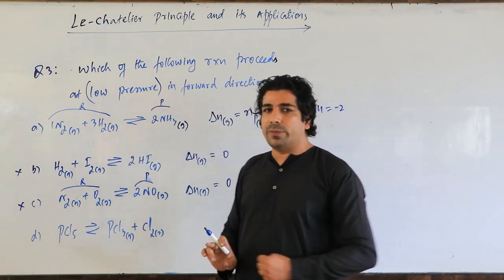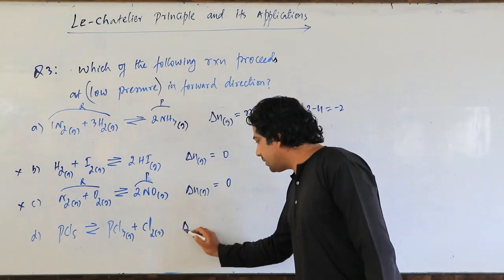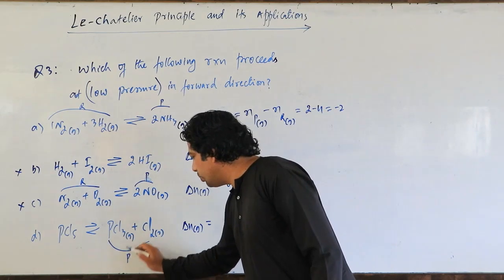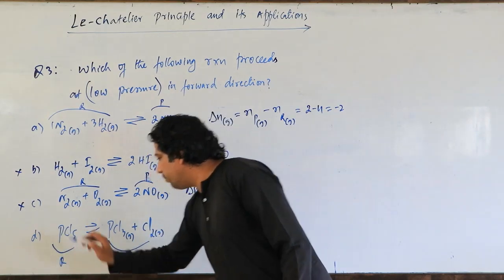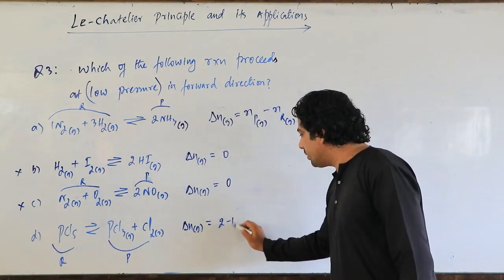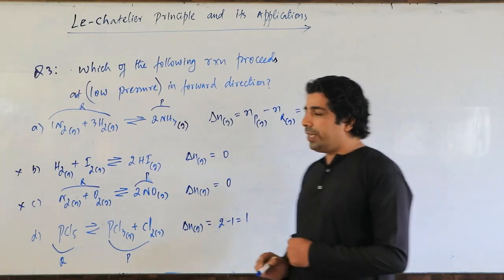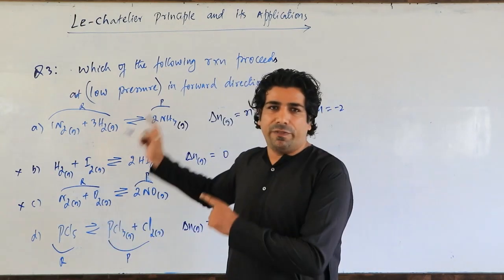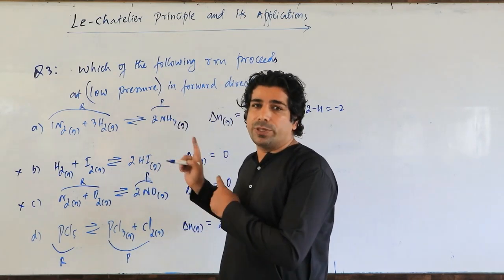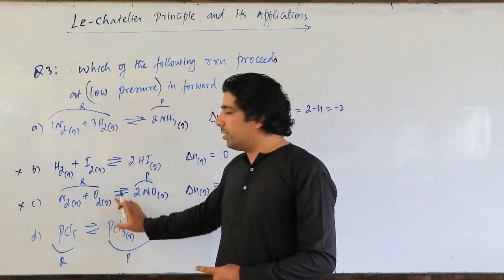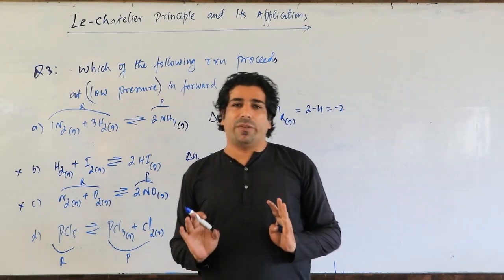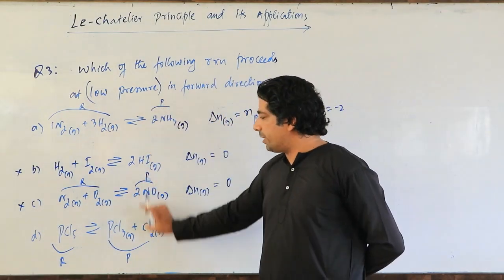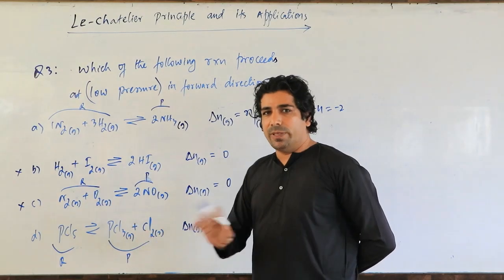Let us check option D first. Delta N gaseous is equal to, you have the products here, products are 2 and the reactant is only 1. So you will be having 2 minus 1, that is 1. So my dear friends, the low pressure can have an effect on either option A or option D, because for the second and third the pressure will have no effect because delta N is 0. So let us understand with respect to the first and the last. Okay, one of them is our answer.